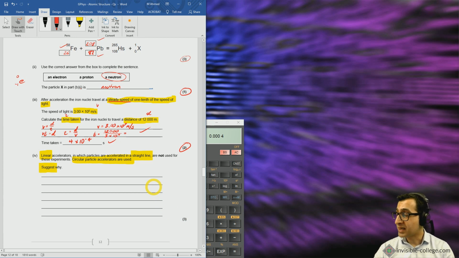Now, another point of exam technique that you need to pay attention to, many of you are already familiar with the idea that you need to be using the number of marks available as a guideline in questions where you're being asked to suggest or describe or explain or even calculate how much detail or how many points you need to make in order to get those 3 marks. Yes, you need to make 3 logical points here in order to get the marks, but also the amount of space you're being given by the examiner should also provide you with a clue as to how much detail you need to give. So here we can say that particles